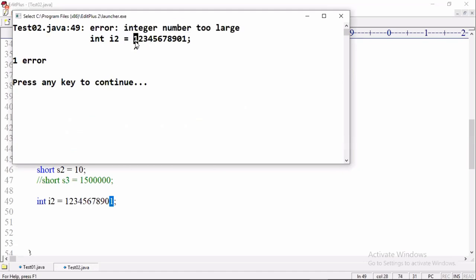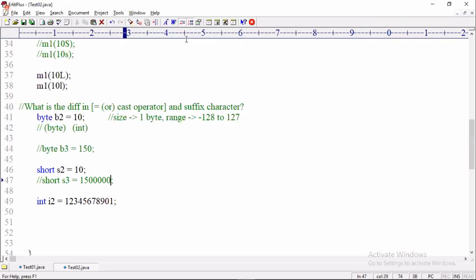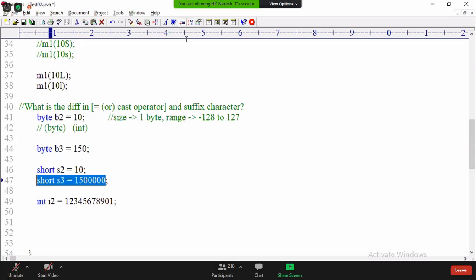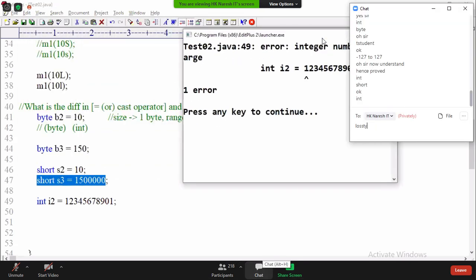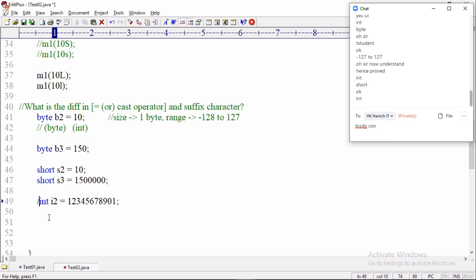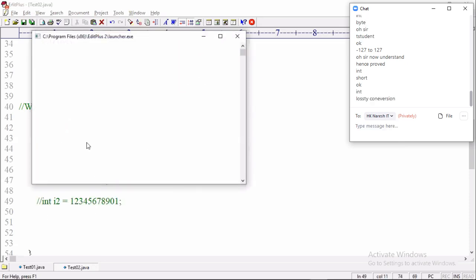This number is not in the range of int, that's why it is throwing an error. Did you notice the previous errors and the current error? Previously, when the number was not in the range of byte or short, what error did we get? Possible lossy conversion.